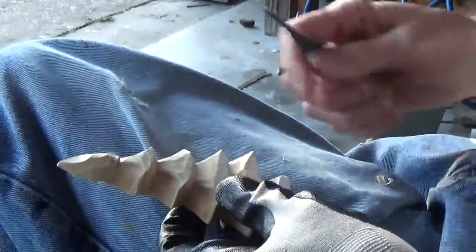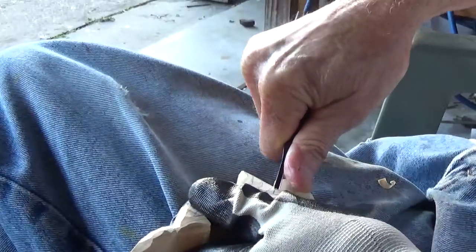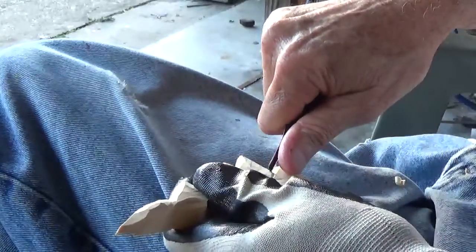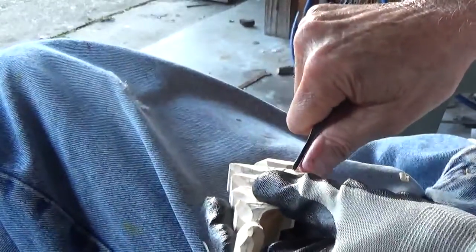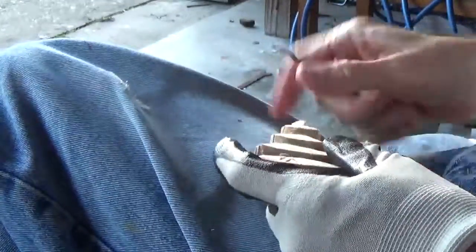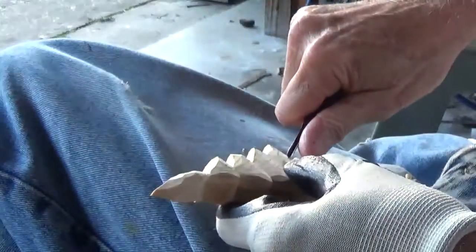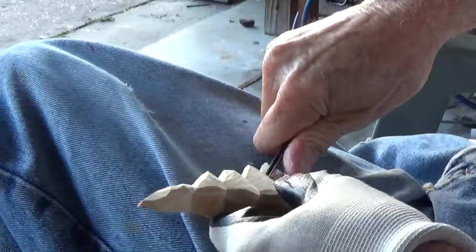Now, we take our V tool and we do the little triangle in the front, we do the bigger triangle that goes into the side here. We'll bring that even further down. And then we just sort of do our little,